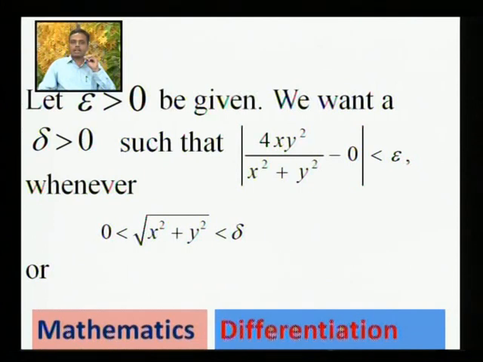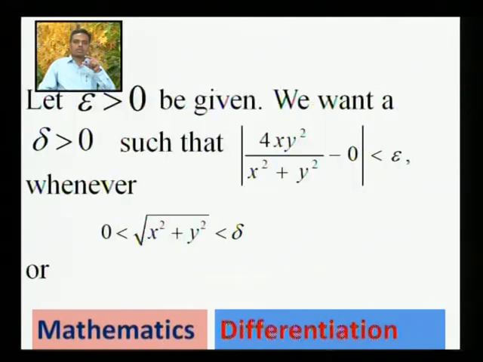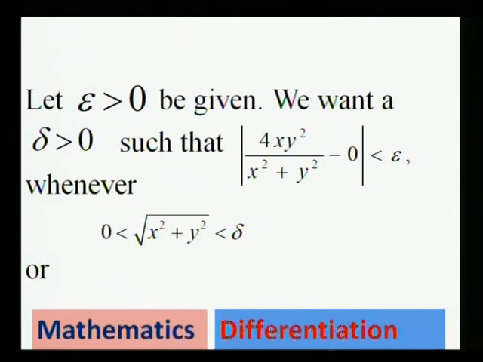We want to find delta positive such that modulus of f(x, y), where f(x, y) is this fraction, so modulus of 4x y square divided by x square plus y square minus L, capital L. Here we have observed that the limit is going to be 0 if it exists, so we put L equal to 0, less than epsilon whenever, in the deleted neighborhood of 0, 0,